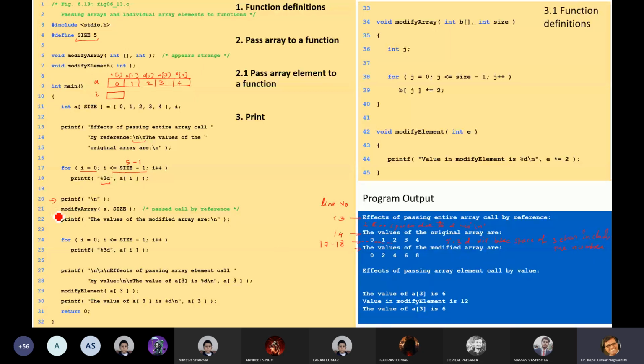Then we have called one function. We have called one function, modify array. We pass the array A, because our array is A. So simply the array name and the size of the array.